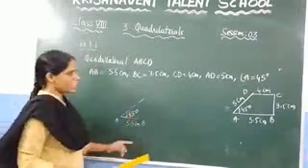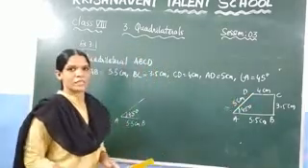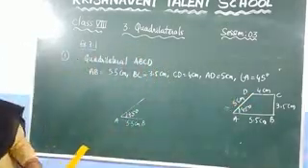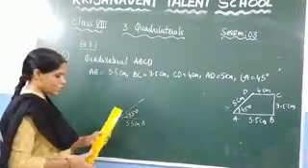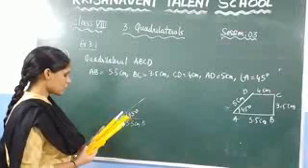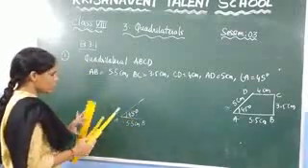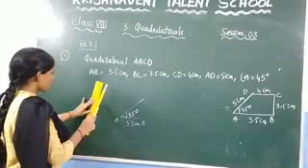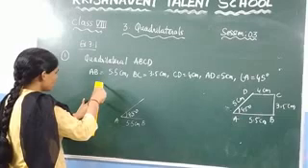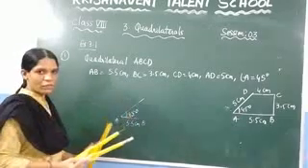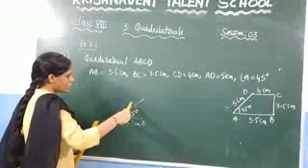Now we need to take the length of 5 centimeters. With the help of the scale, take the 5 centimeters by using your compass. So how do you take 5 centimeters? Keep the scale like this, and 5 centimeters you need to take here. This is the 5, and from that you need to take up to 0. So this is the length of the 5 centimeters. At this point make an arc of 5 centimeters.